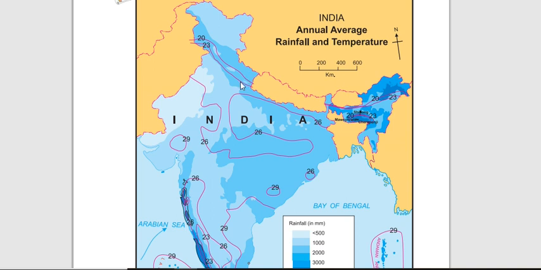Very cold winds blowing from the north are obstructed by the Himalayas. India receives most of its precipitation from the southwest monsoon winds. Because of the high temperature in summers, a low pressure area develops in the Punjab plains and the deserts of Rajasthan. This attracts the winds blowing from the high pressure region